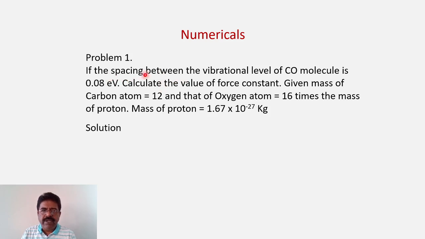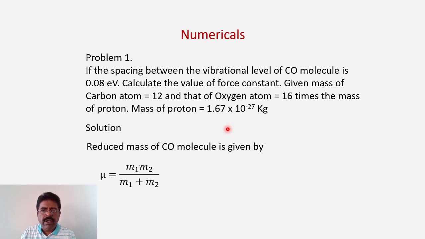The spacing or energy difference between the vibrational levels of a carbon monoxide molecule is given to us as 0.08 electron volt, and you are asked to find the force constant K. Okay, so how to solve this problem? First of all, you know that in order to find the force constant, we will